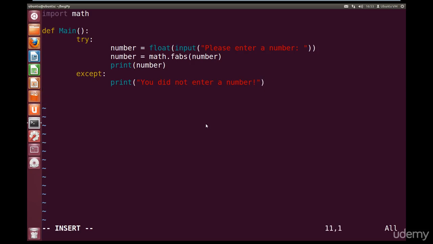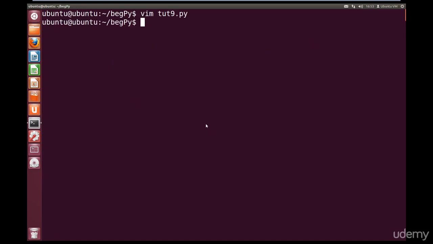Okay, so let's write our if name. So if underscore underscore name underscore underscore is equal to, open quotes, underscore underscore main underscore underscore, close quotes, and I'm going to run main. Okay, so let's save this. So write quit, and let's try running it. So python3 toot9.py,